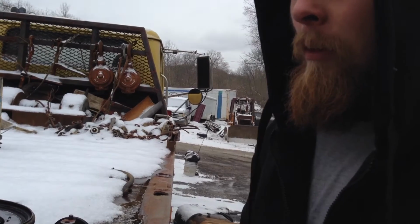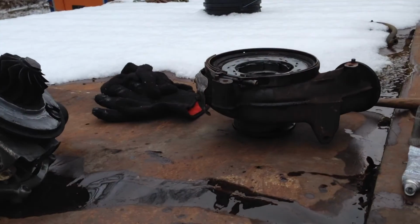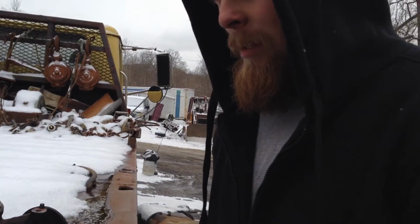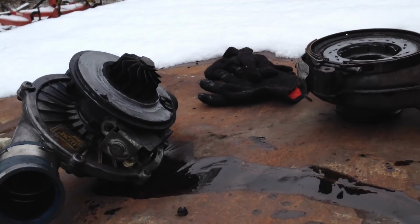Another thing, don't do this in 27-degree weather. It sucks. It's cold. Do it in the summertime where you can wear shorts and no gloves. I don't think you really have a choice when you do or don't do it. Well, some people just take it apart for fun. Anyways,